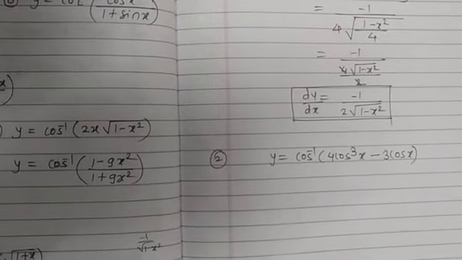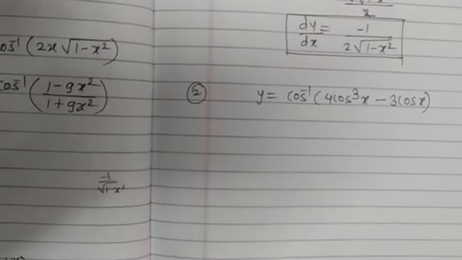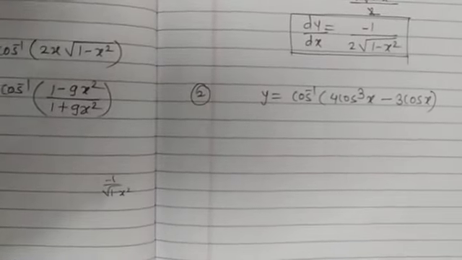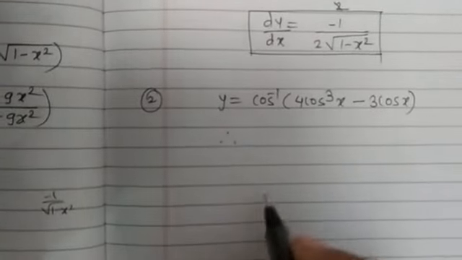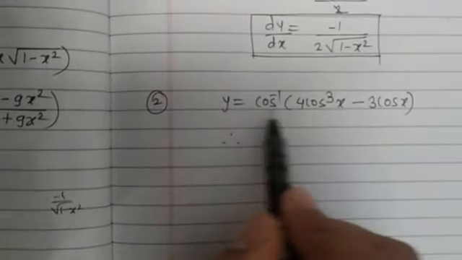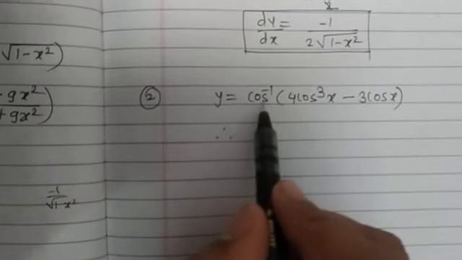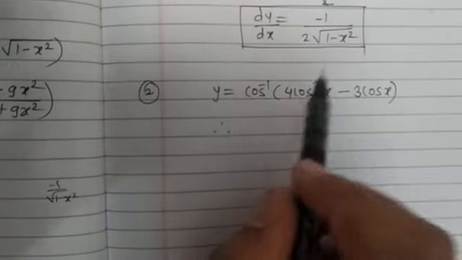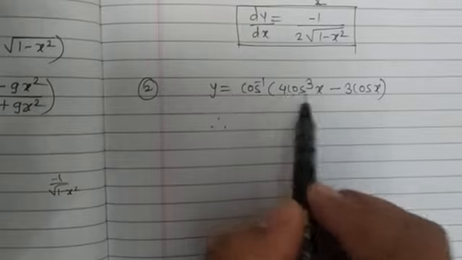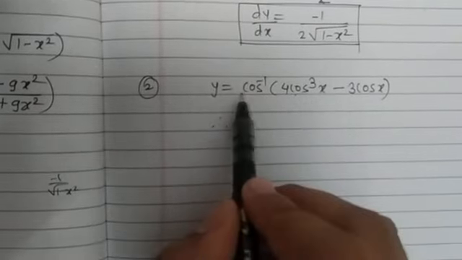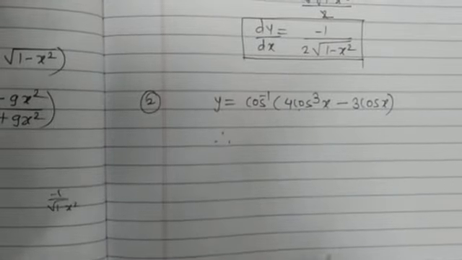If I use a trigonometric identity to solve this example, then it is very easy and you can solve it in 2 to 3 steps. So which formula are we going to use? If you check the terms, outside the bracket there is cos inverse of x, an inverse trigonometric function. So if I am able to transform the cos in the bracket, then this cos inverse and cos get eliminated and we get only the angle term, right?